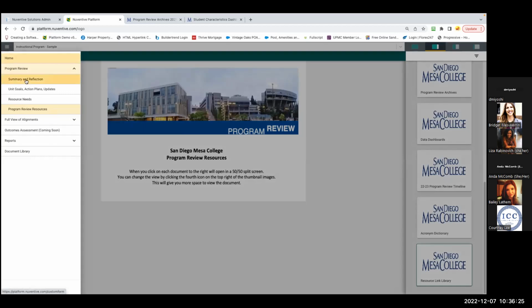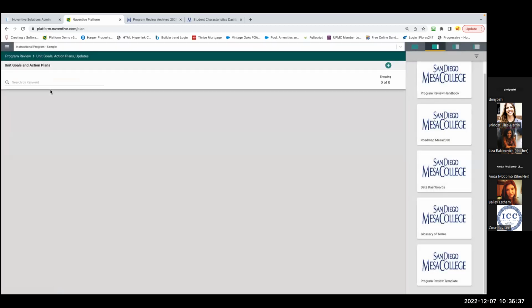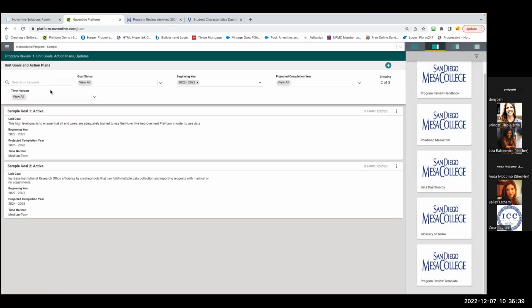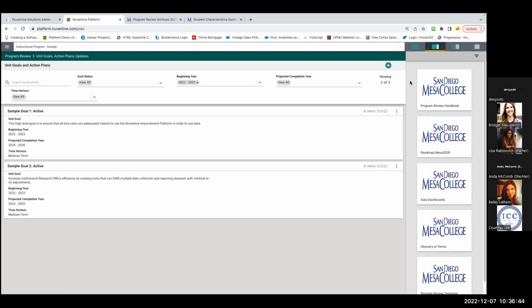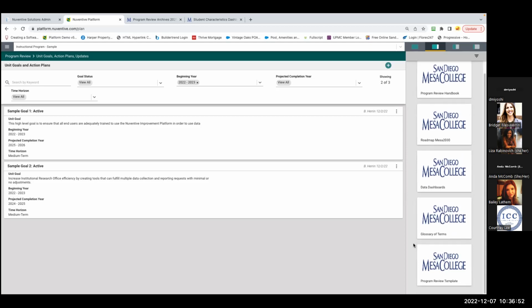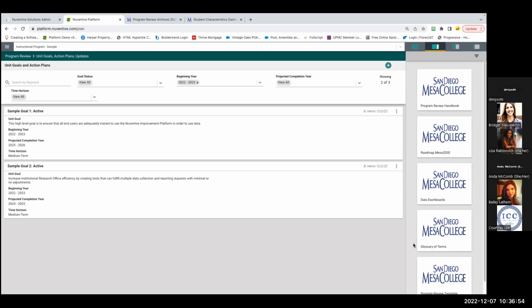So we've talked about summary and reflection. We've talked about all of the resources that are available for you. So let's go to unit goals, action plans, and updates. And you'll see as this page loads, the immediate resources that we've put on every page. Again, the handbook, the strategic plan, the data dashboards. There are just 5 simple ones on every single page that we think will be beneficial for you no matter